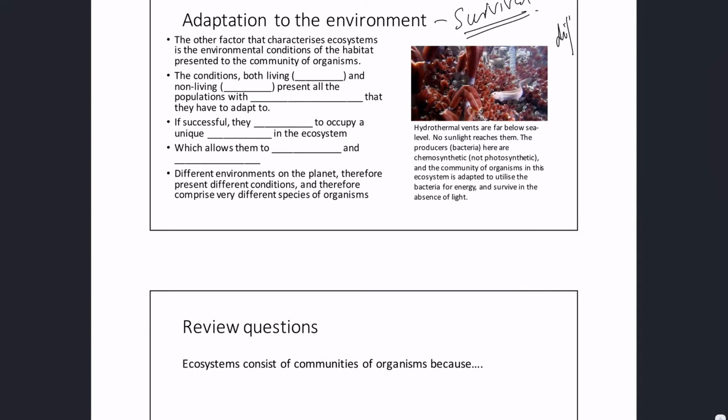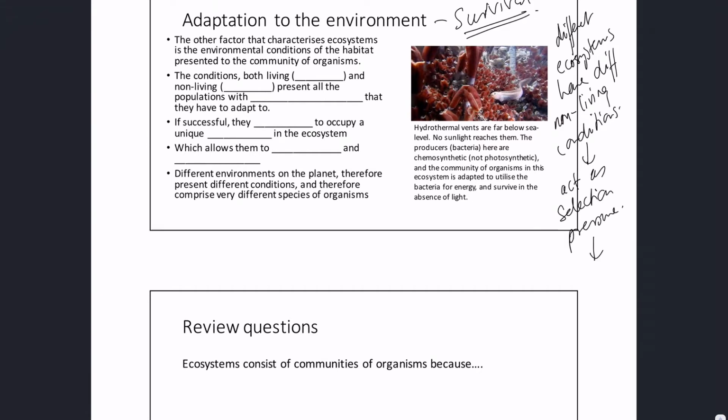Different ecosystems have different non-living conditions. And those non-living conditions you can think of as acting as a selection pressure. And because that selection pressure exists, organisms adapt in different ways to survive. Or those that adapt survive, and once they survive, they form